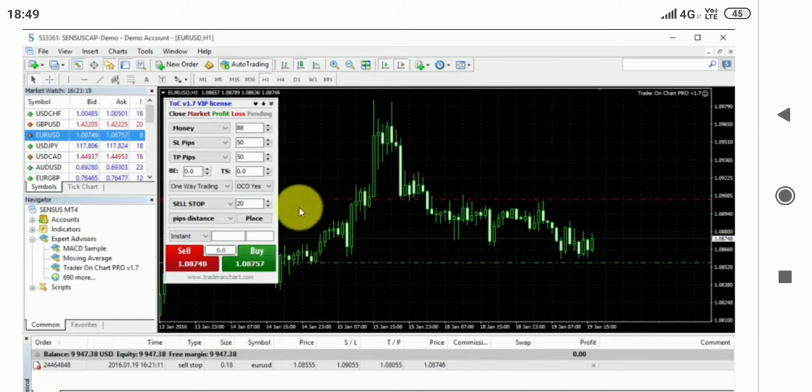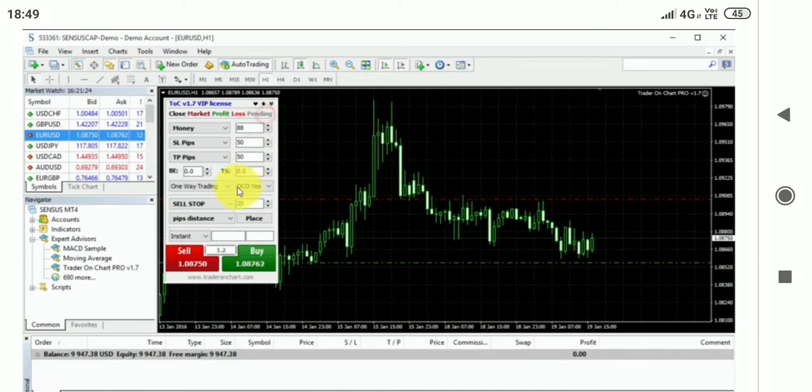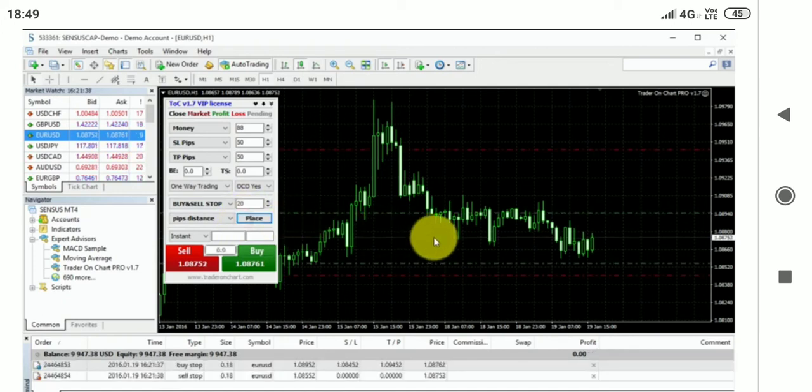Obviously, it adds a stop loss and take profit as well. Now, the cool thing about this is that you can choose buy and sell stops. And if I decide to place at 20 pips distance, it will happen like this. I click place button, and it will place a buy stop 20 pips above and a sell stop 20 pips below. So this is something that news traders use a lot, so just a few minutes before the trade news